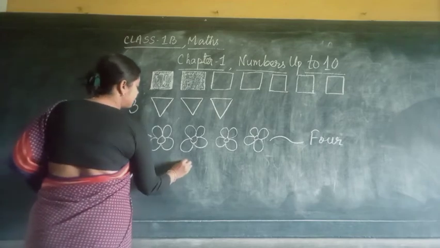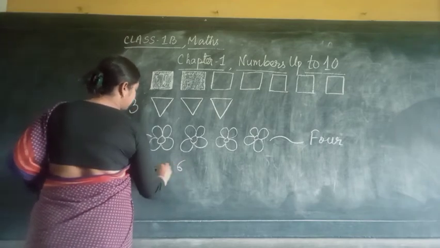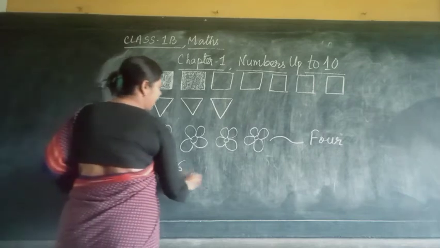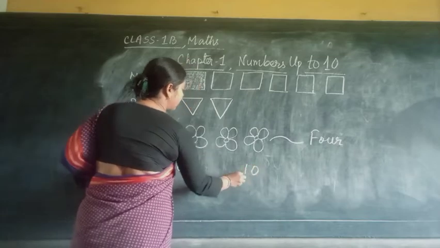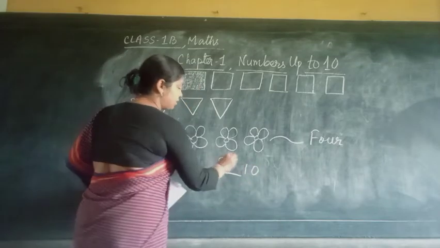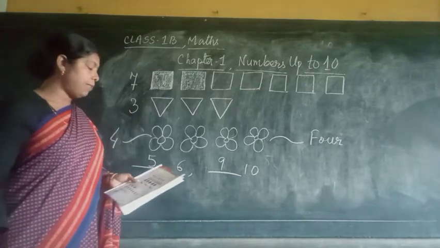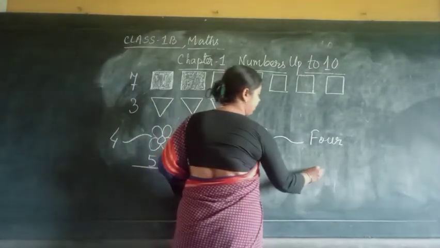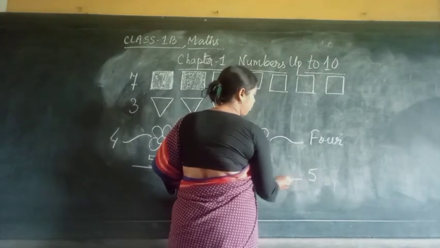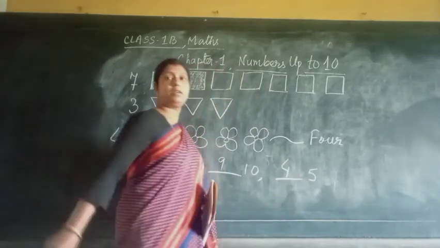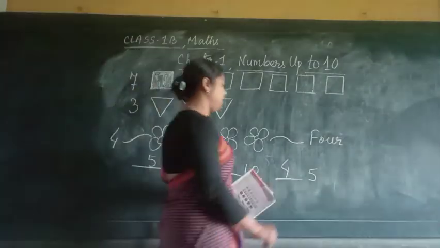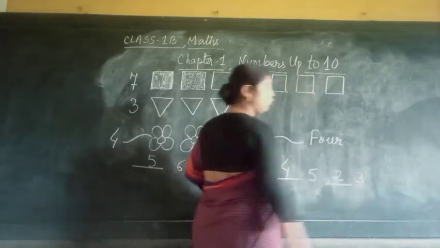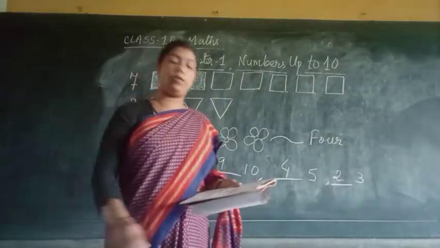So just right here you can see. 6 monkeys are there. So what comes before 6? 5 comes. Okay. 10 water bottles are there. What comes before 10? 9 comes. Okay, in this way. I am not drawing the pictures, I am only writing the numbers. 5 huts are there. So before 5 what comes? 4 comes. Then you see 3 aeroplanes are there. What comes before 3? 2 comes. Okay, so in this way you are going to do.